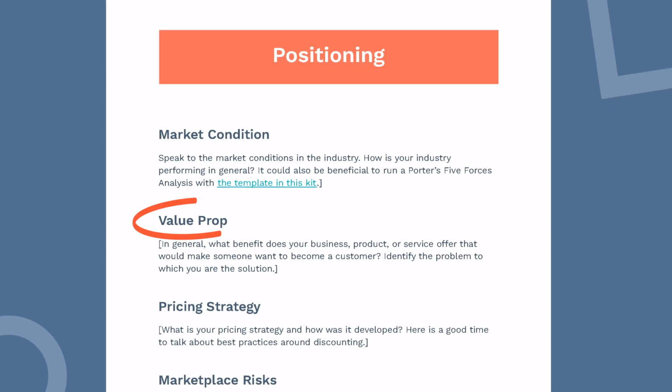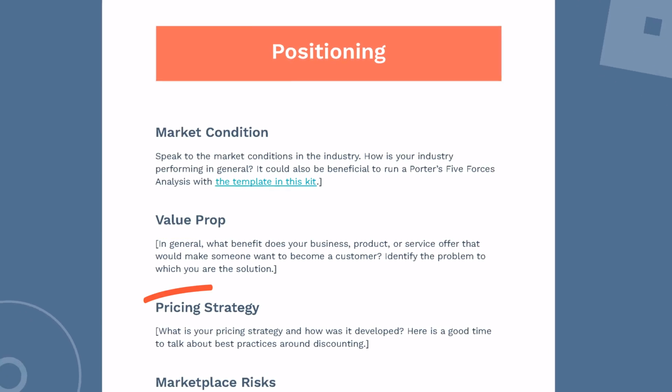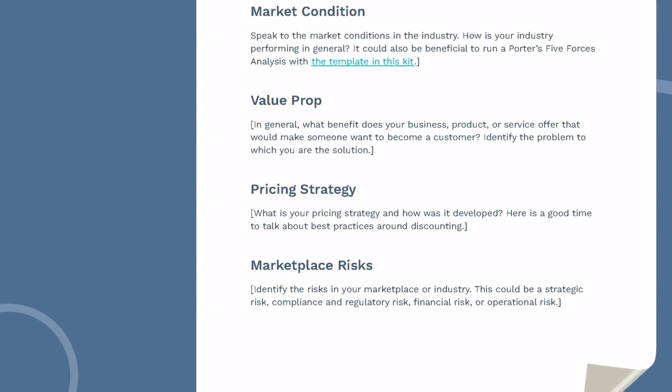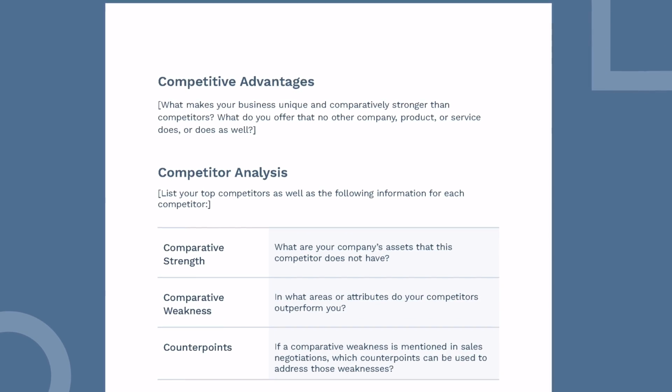After you summarize who's selling and who's buying, the next step is to define what it is you're selling. This isn't just a list of products or services, but an understanding of how those products or services are positioned in the marketplace. It's like I always say, no value proppy makes your business look sloppy. So do this by considering the value proposition of your product or service along with the pricing, market conditions, and your competitive advantage compared to others in your sector. Anyone reading this part of the sales plan should know what your strengths, weaknesses, and comparisons to competing companies are.